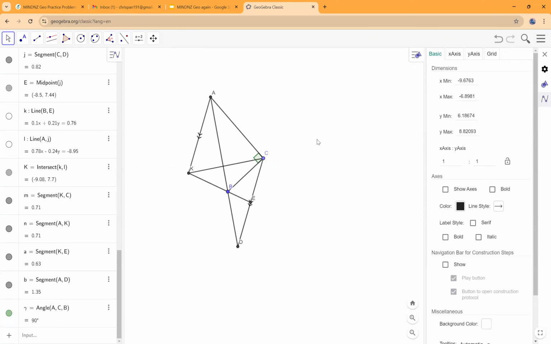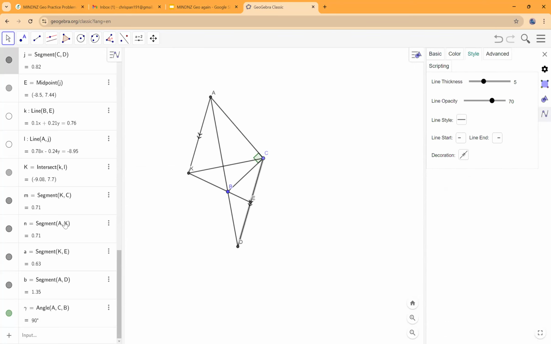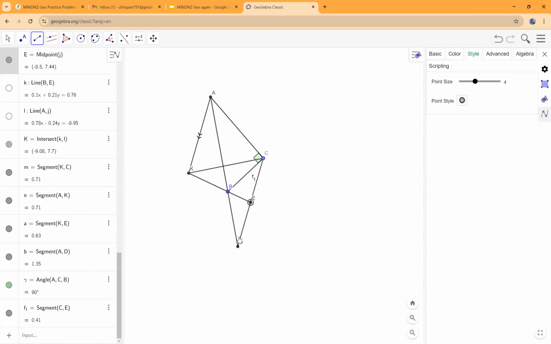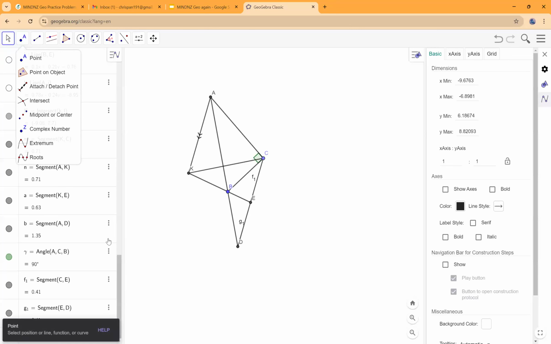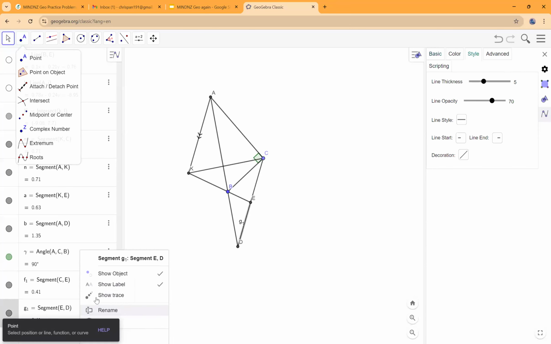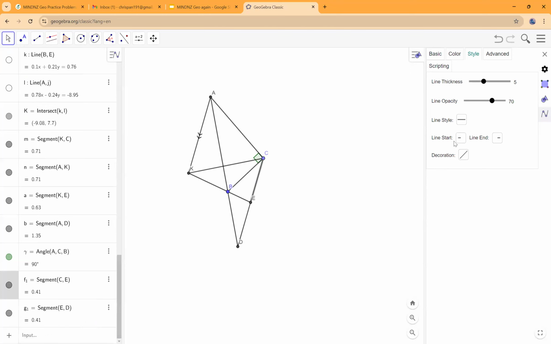So the basic premise is that we have a triangle ABC where angle ACB is 90 degrees. So we have a right triangle that we start with. And we're gonna take this